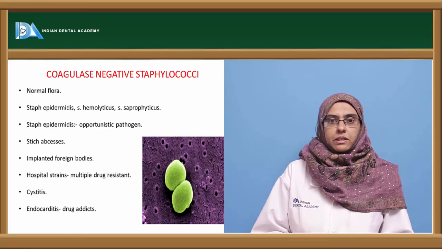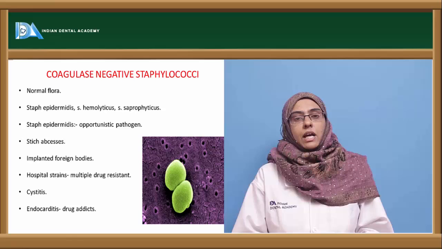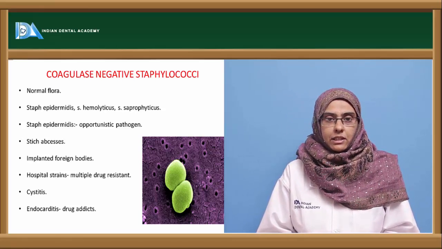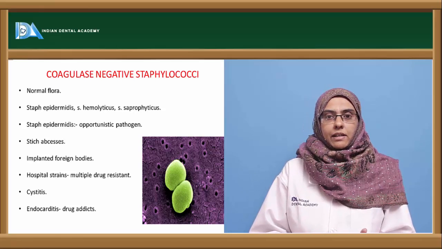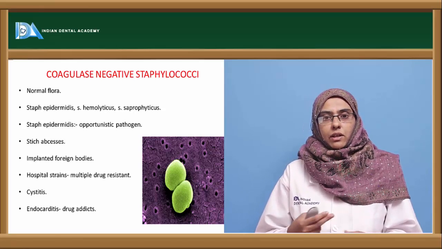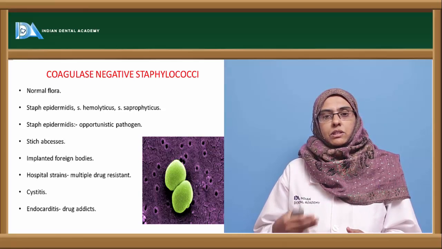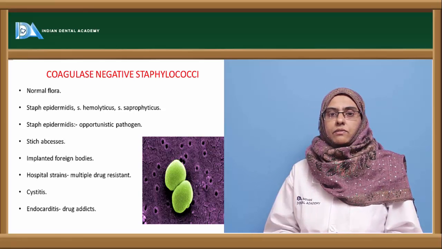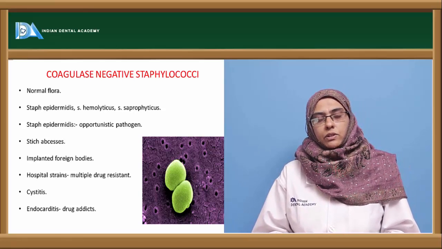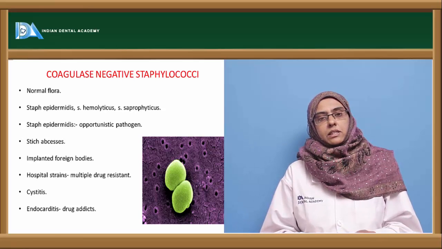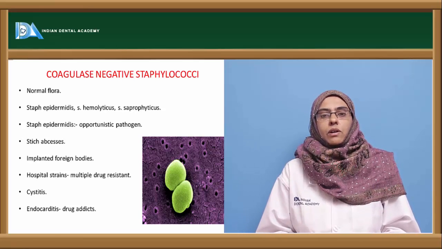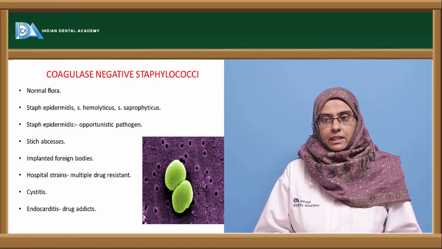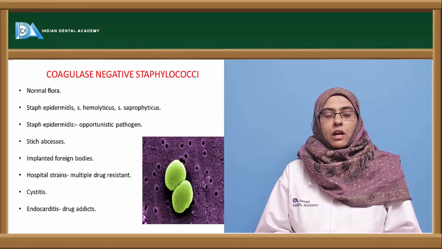Here the Staph epidermidis is an opportunistic pathogen and mostly involved in the infection of stitch abscesses or implanted foreign bodies, such as prosthetic valves or catheters, etc. So once the immune system comes down, these organisms can act as opportunistic pathogens and cause infection leading to bacteremia. And most of these organisms have developed resistance against different types of antibiotics, and hence they are called multiple drug resistant bacteria, and are mostly involved in cystitis and endocarditis